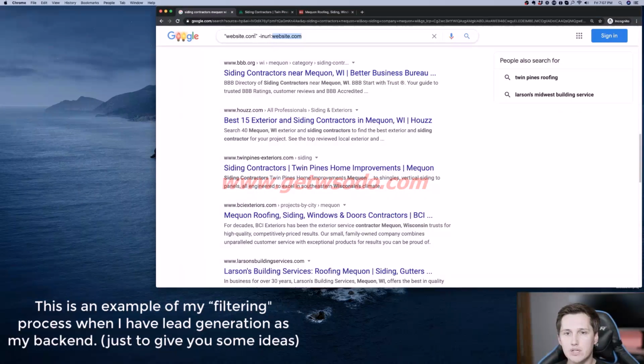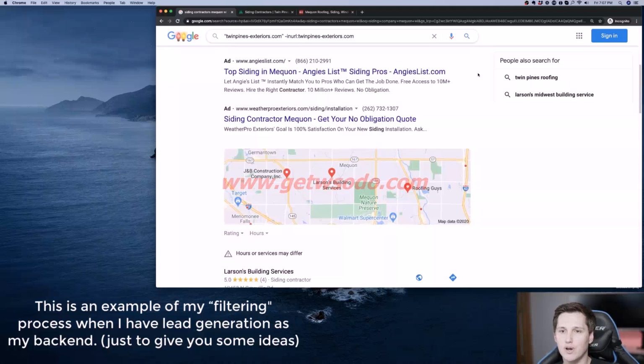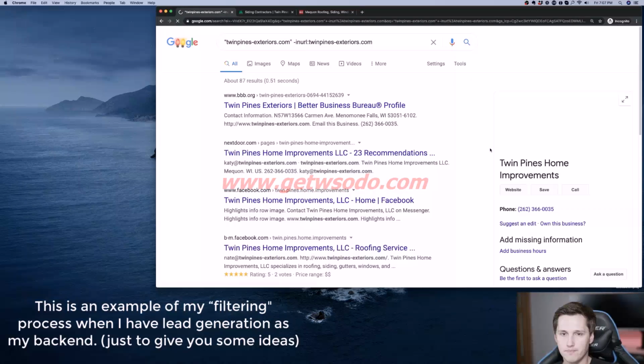And a backlink just basically means all the sites that they're listed on. Like, do they have a Facebook page? Do they have a Yelp profile? That's basically what this is going to show me. So I'd recommend writing this down or taking a screenshot of it if you plan on going the lead gen route, because this will basically show you what your competition is doing.